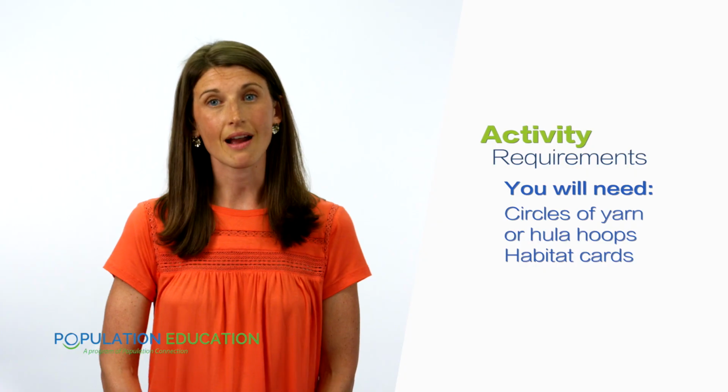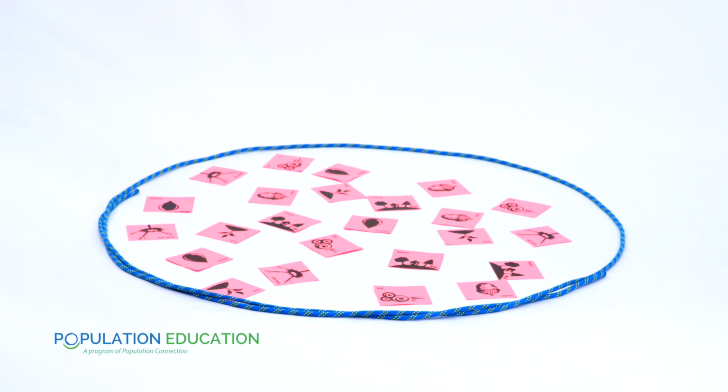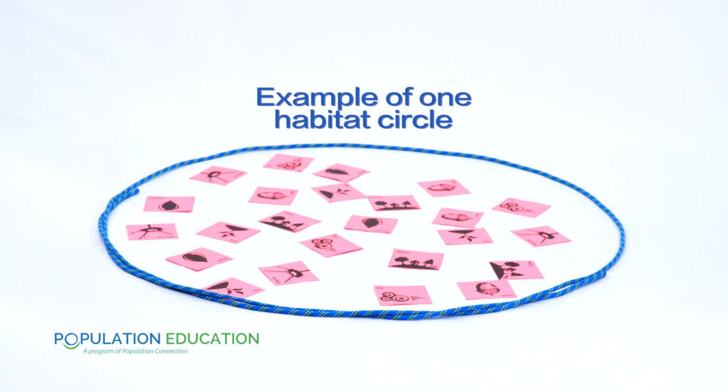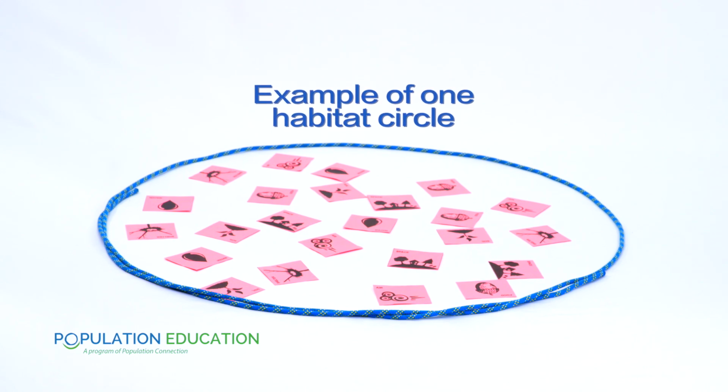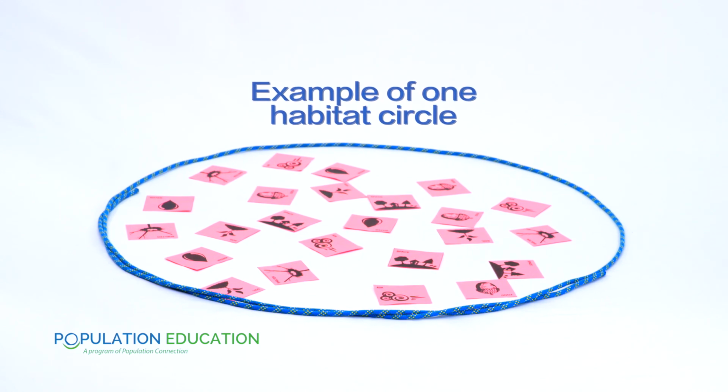You'll also have to copy and cut out the habitat cards. You'll need 1 set for each student. So if you have a full habitat with 4 students, that would be 24 cards total. If your class isn't divisible by 4, you'll need an additional habitat. So for example, if you have 26 students, your additional habitat would have 2 sets of cards. Right before class, lay out your habitat circles and spread out your habitat cards within those circles.